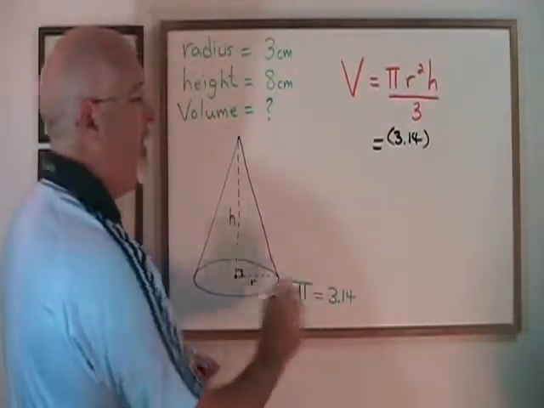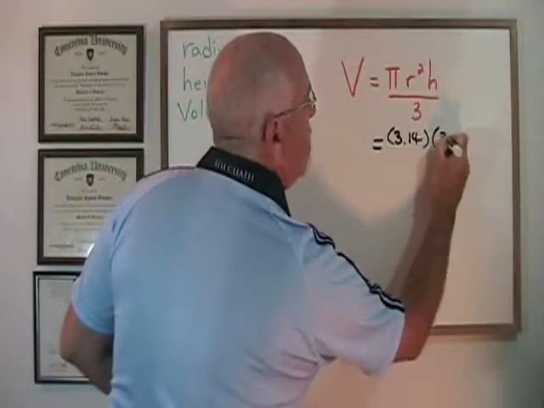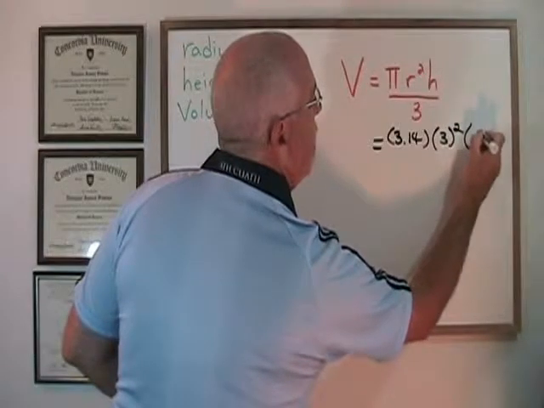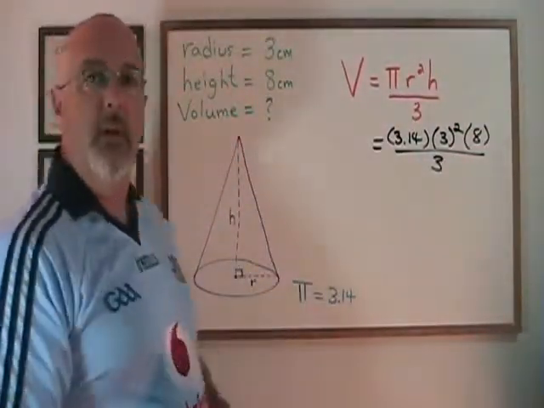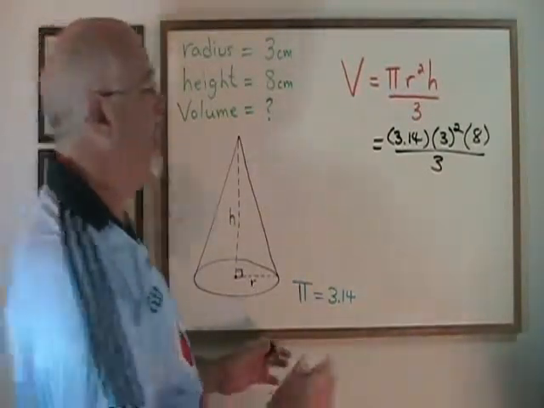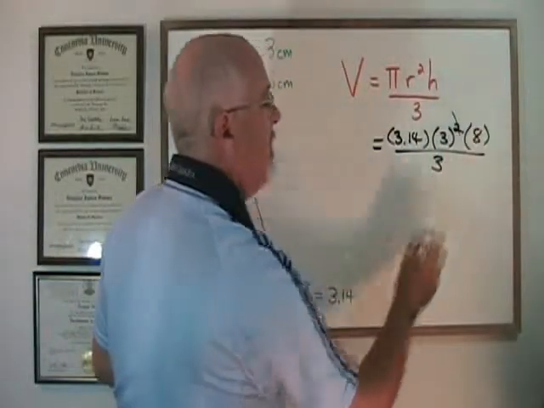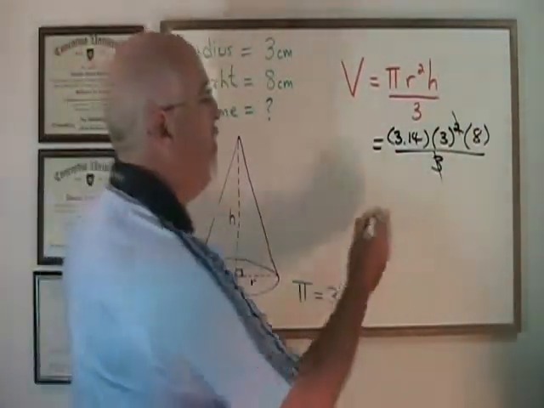For pi, we're using 3.14 in these examples. The radius 3 is squared. The height is 8 over 3. Of course, you can use the steps of algebra that you prefer in order to simplify this. I'm going to cancel one of the 3's in the numerator with the one in the bottom, and we end up with